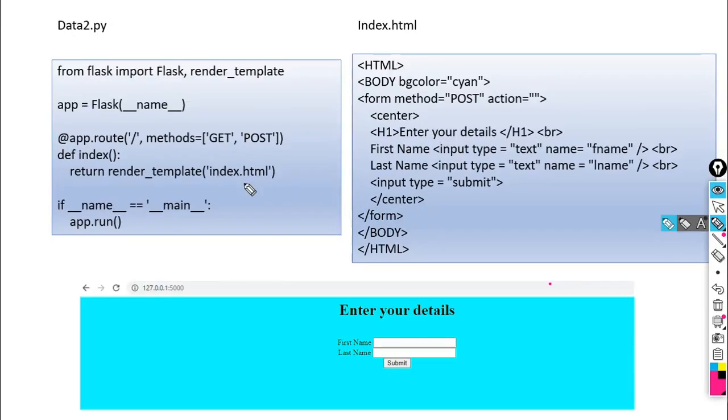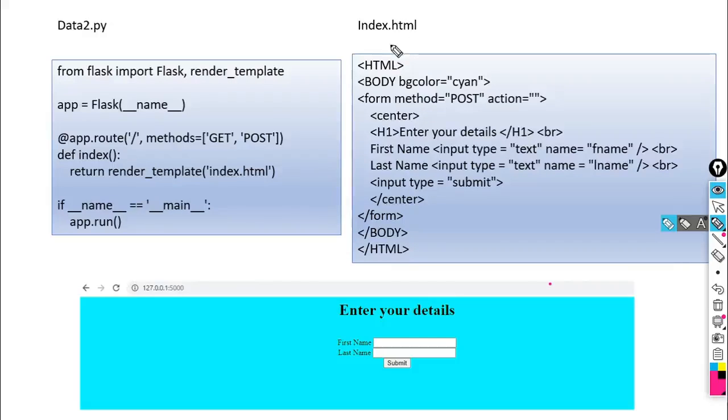So we are going to invoke this HTML script here. We used render_template, and the template we are rendering is index.html. This Python script you should write in the Flask application, and when we use an HTML script, we should store that HTML script within the templates folder.